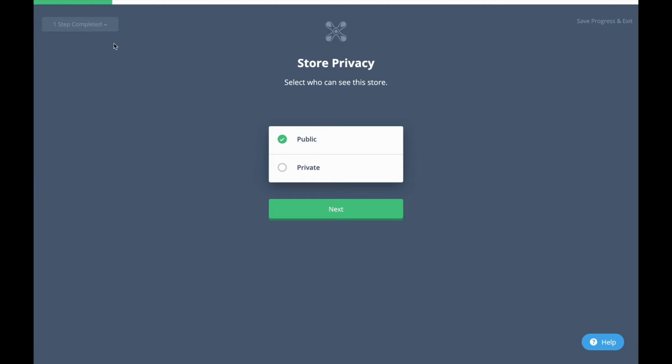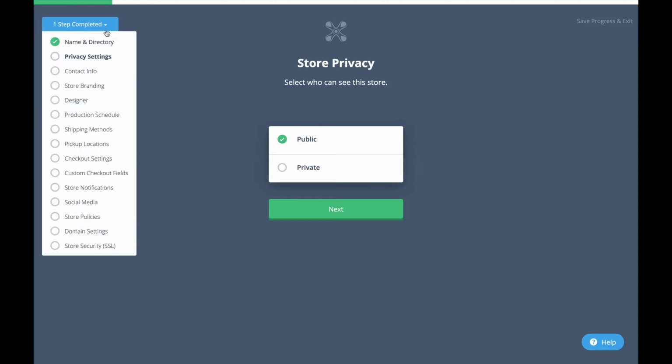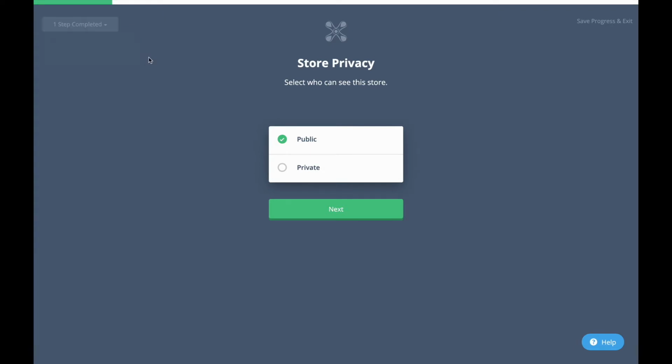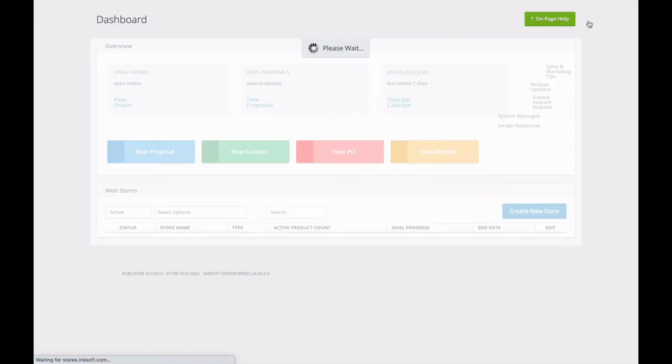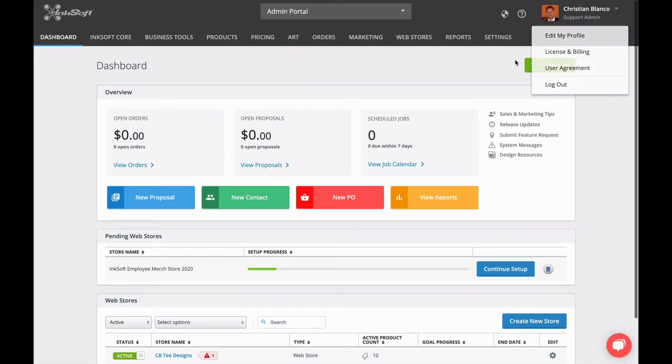In the top left corner of my screen, I can see a list of steps I'll be completing as I build my store. I can jump to the next step or go back to any step I've already completed if I need to. On the right, I have an option to save my progress and exit the store builder. If I click on this, I'll be taken to the dashboard in my admin portal,